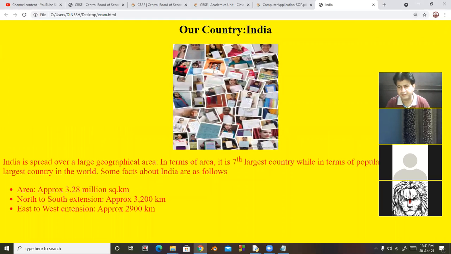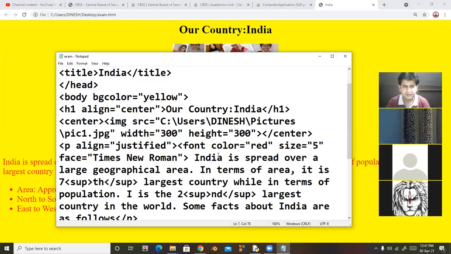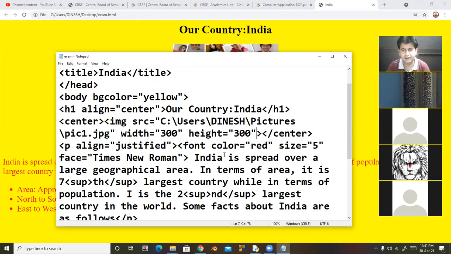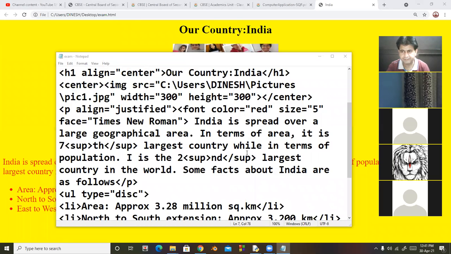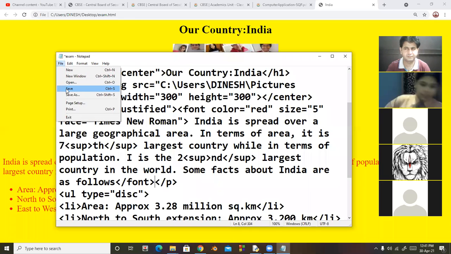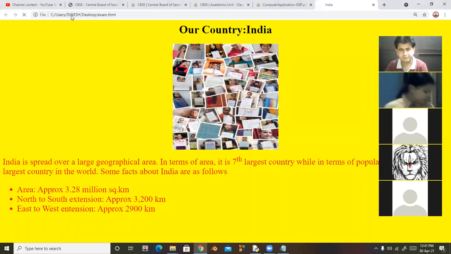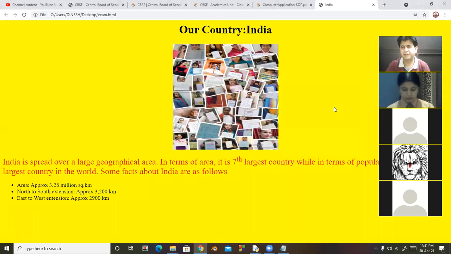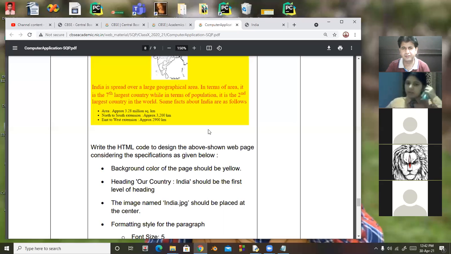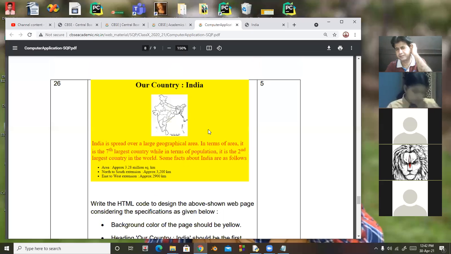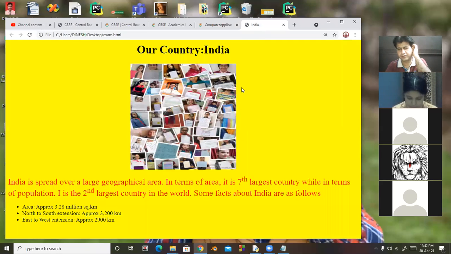I have not closed the font tags. That's why the complete color is red. Look at here. This is the web page according to the question given in your question paper. So this is the output.